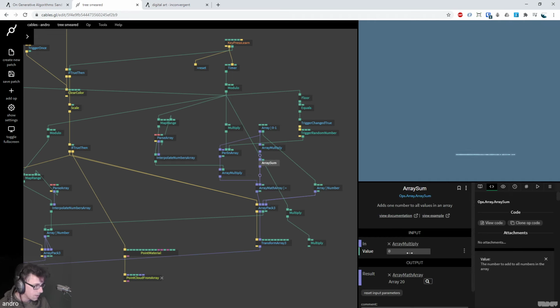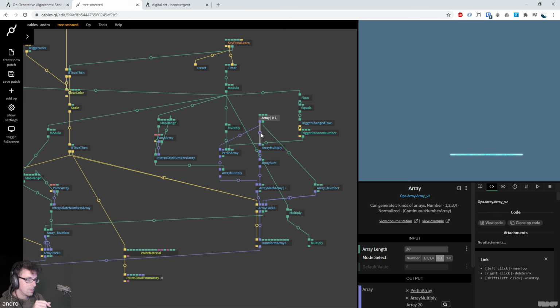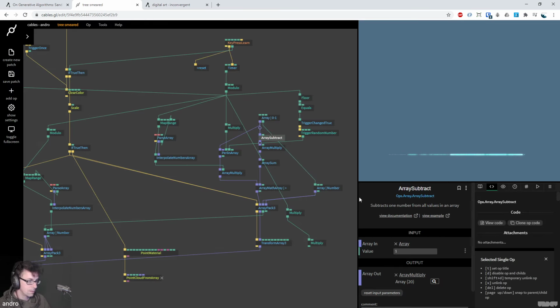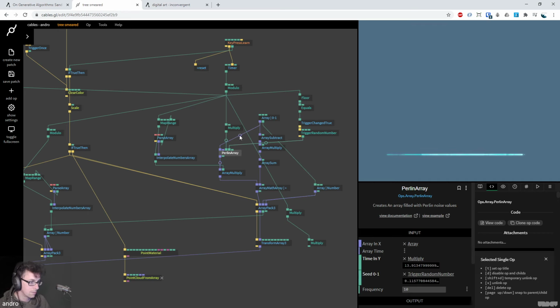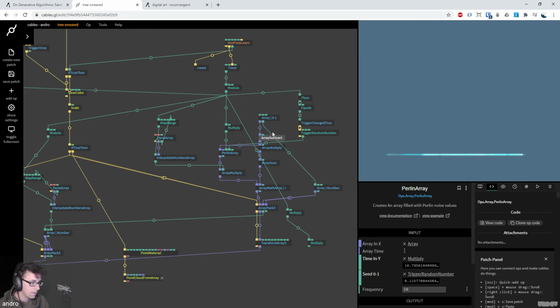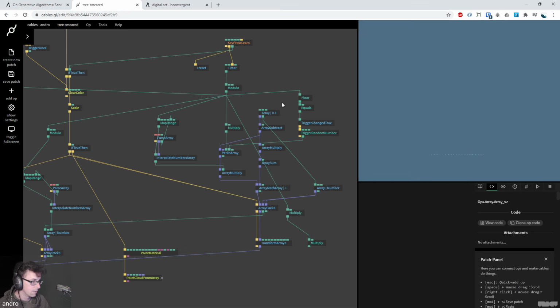This an offset, probably. Okay, so we've got array 0 to 1. So we need to do array subtract 0.5 because we want it in the center. And let's grab this purlin and array thing here and plug that in there. Make a bit more space. Save, reload. Should be centered now. Okay, great. So I wanted to create this thing where over time,